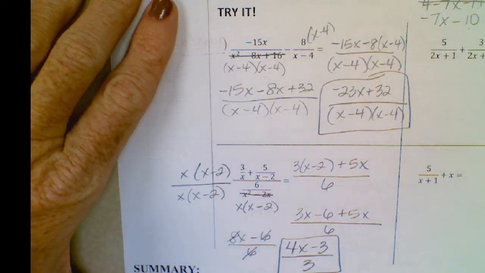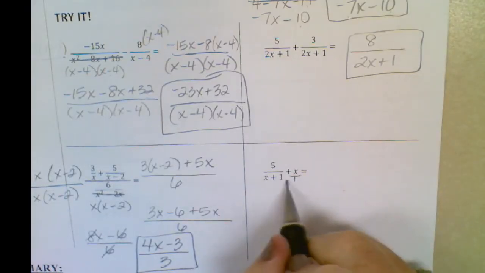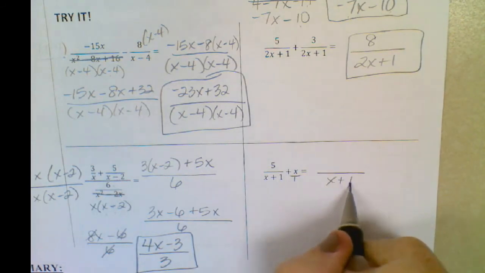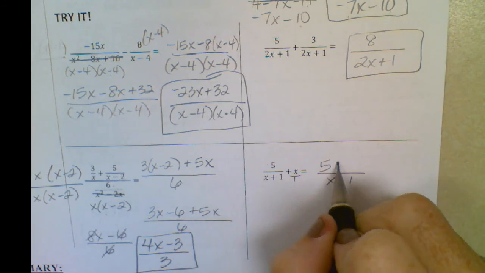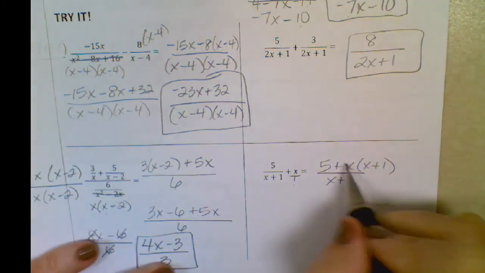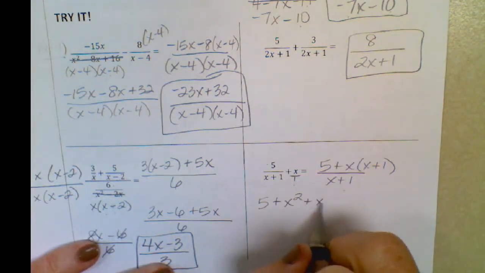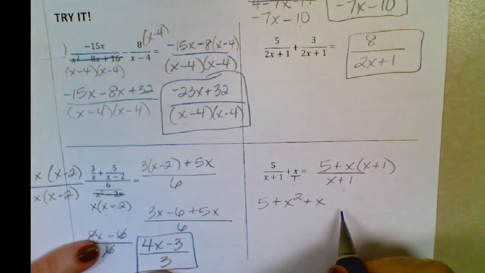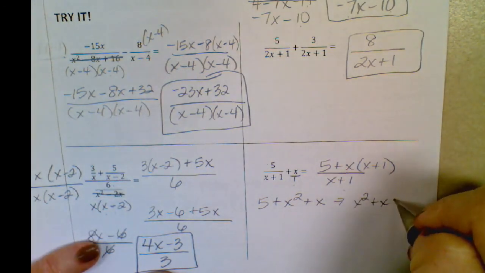Okay? And one more time, this is going to be bow tie method. That's what I'm going to use. So x plus 1 times 1 is just x plus 1. 1 times 5 is 5. X times x plus 1. And I'm going to multiply that out, so I'm going to get 5 plus x squared plus x. And I'm going to kind of move that around just so it's more in standard form. I get x squared plus x plus 5